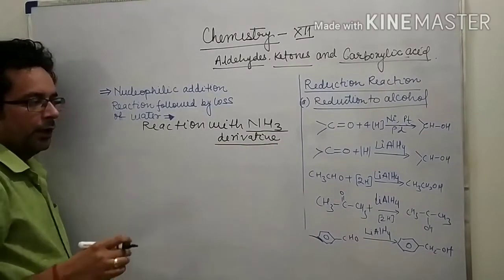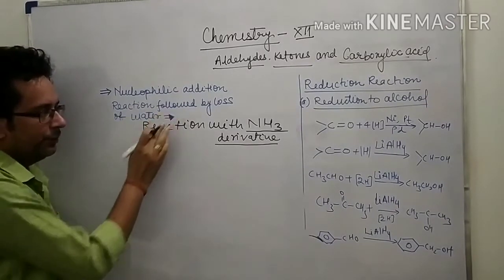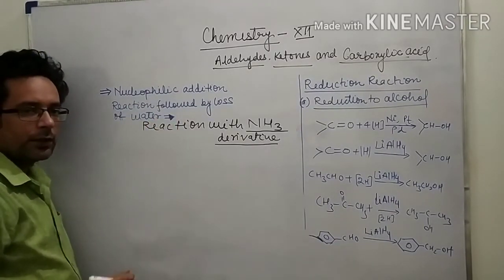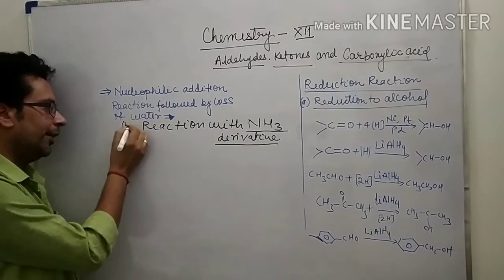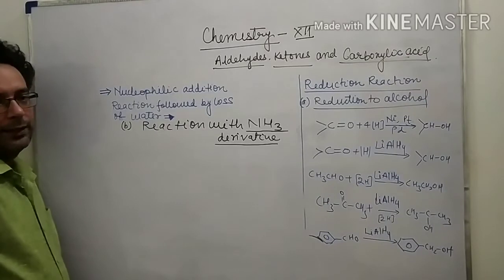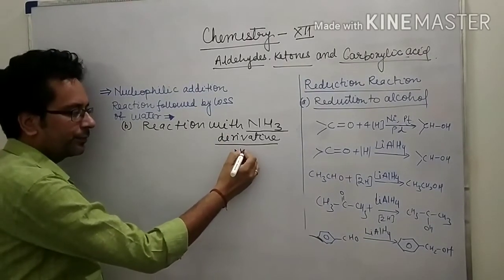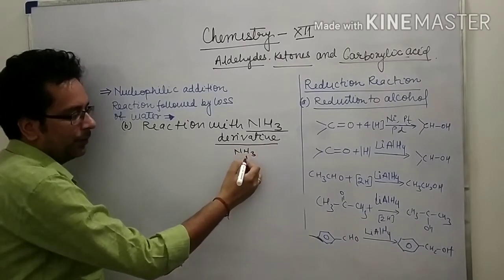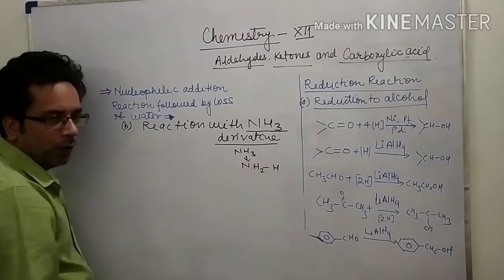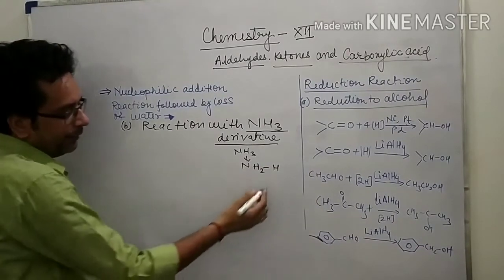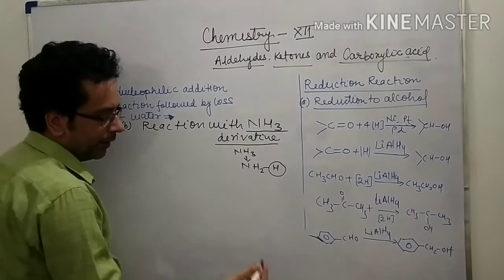The first reaction was with ammonia, and the second part is reaction with ammonia derivative. Now ammonia is NH3. It can also be written as NH2H. Now if this hydrogen is replaced by another group,